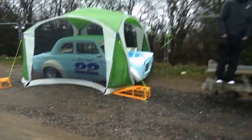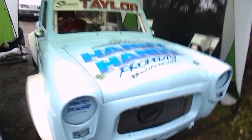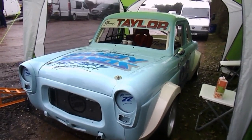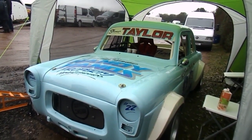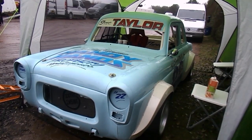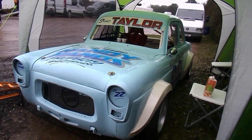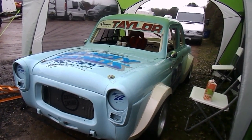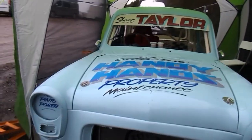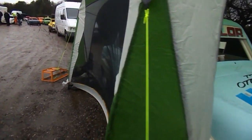From one exceptional car to another, from the old Anglia to the even older one, otherwise known as the Ford Pop version, the 100E of Shane Taylor. But the vintage is all skin deep. When you look underneath, there is a Z-Tech powered engine in there, and this car, which is featured in the May edition of Retro Ford magazine, will explain to you just how Shane put this car together on a budget of less than £6,000. You can't even get a top line stock rod for that. And Shane has put this marvellous looking car together,